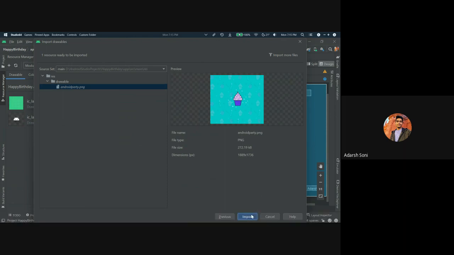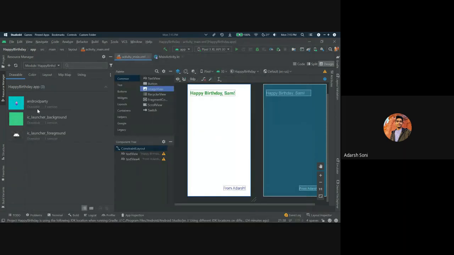Click import, and the image will be imported.